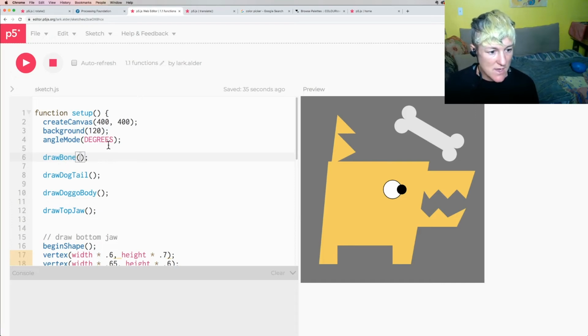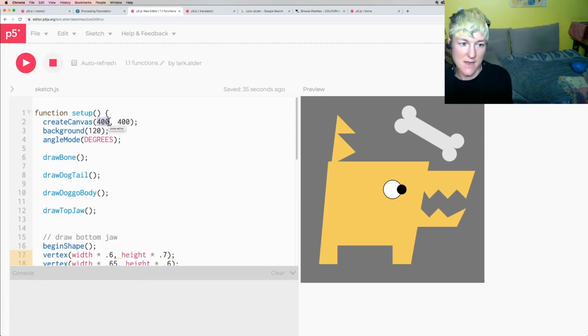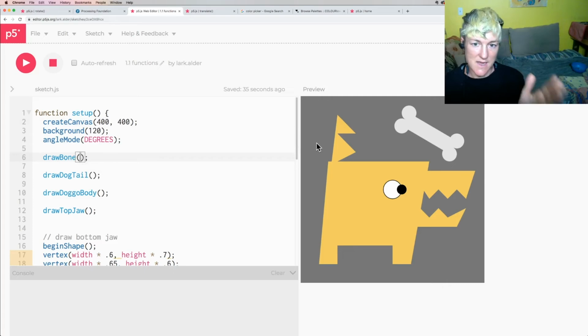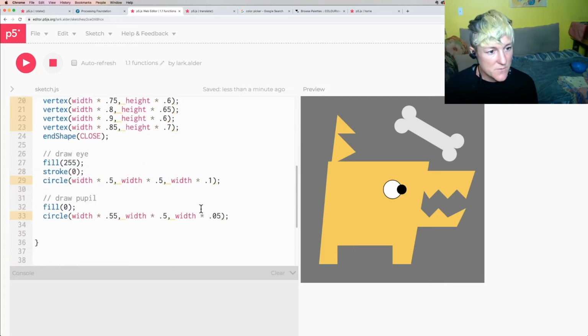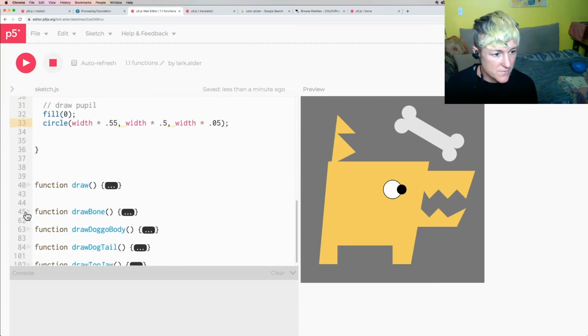So kind of the same way that when you create the canvas, you set a width and a height, we are going to, when drawing this bone, set an X and a Y position and then a rotation. So if we look at the draw bone function,